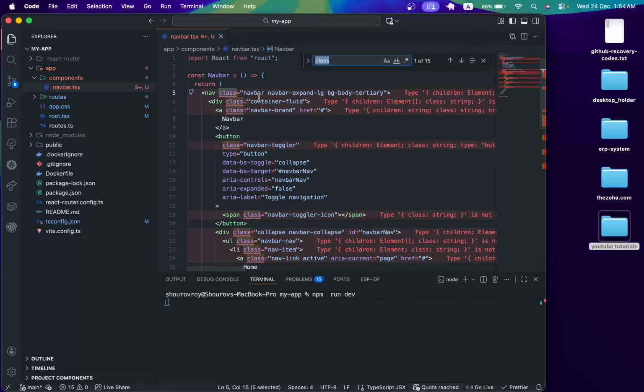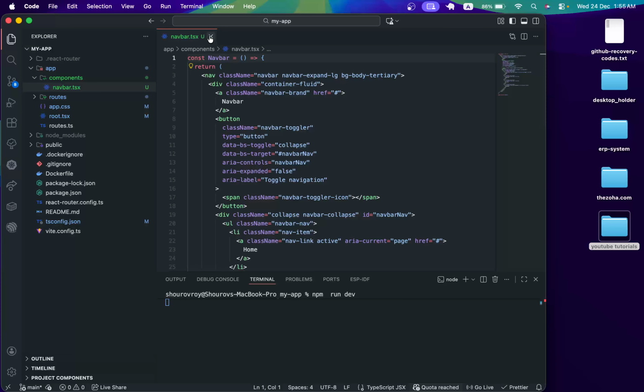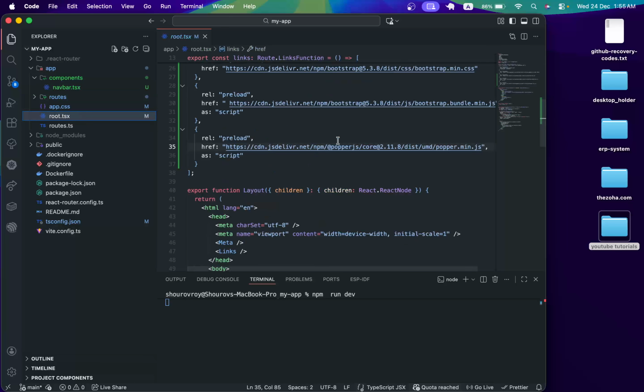So I'm just going to identify all the class and convert it into className with camel case. I'm going to select all of it and convert it to className. You can see all of the errors are gone now. This React import is not required anymore. We can render this navbar.tsx in our root.tsx